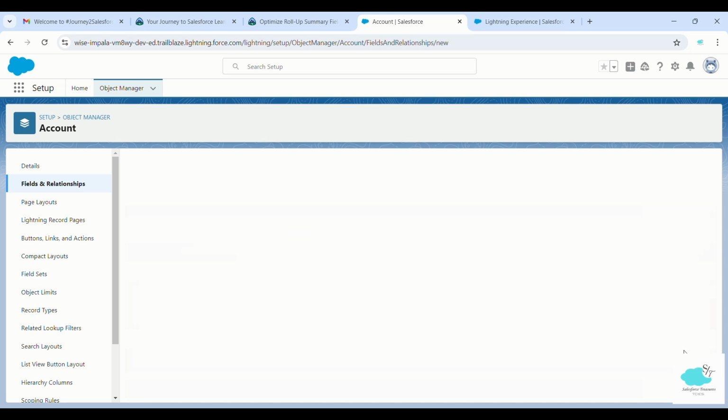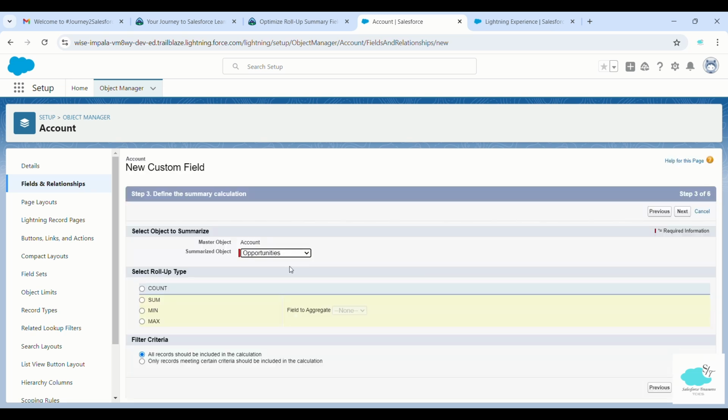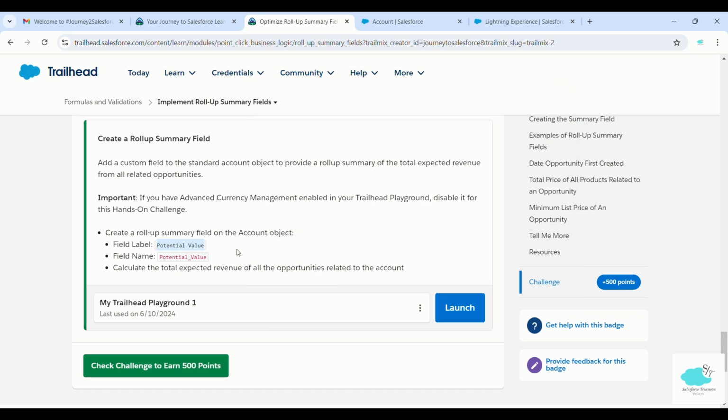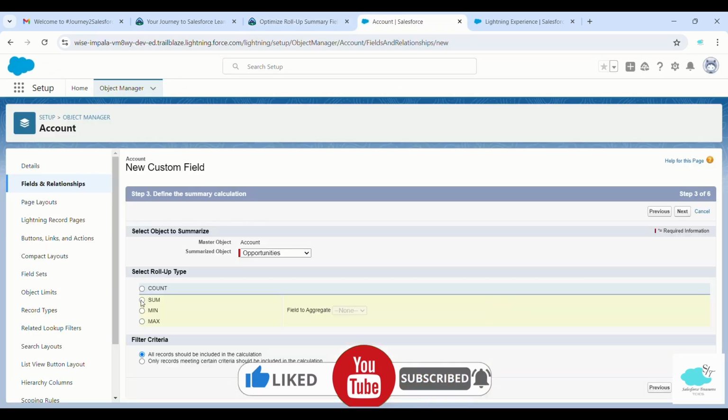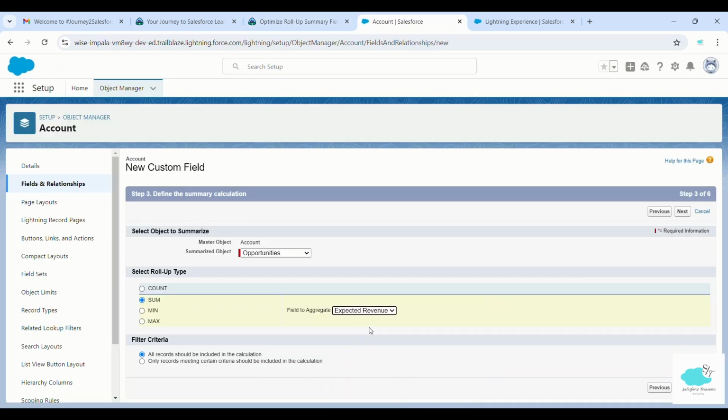And next I should select opportunities. Here are the objects which are related with the account in one way or the other, for example, lookup. I'll select opportunities because here they have given us opportunities to select, and we have to calculate the total expected revenue. I should select sum and expected revenue, and next,